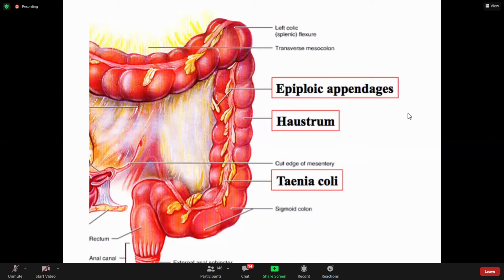So just look at this picture. What I mentioned at the beginning of this session, that we have mucosa, then submucosa, if you look at the wall of the GIT as such. So if you look, you have the mucosa, then submucosa, then the muscular layer, then the serosa or the adventitia, right?